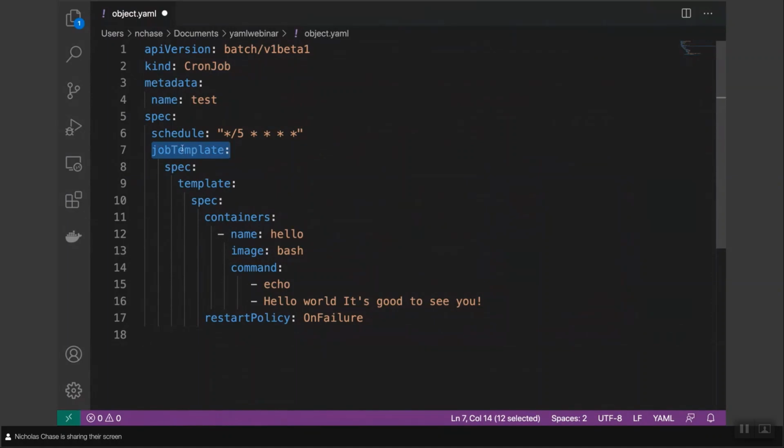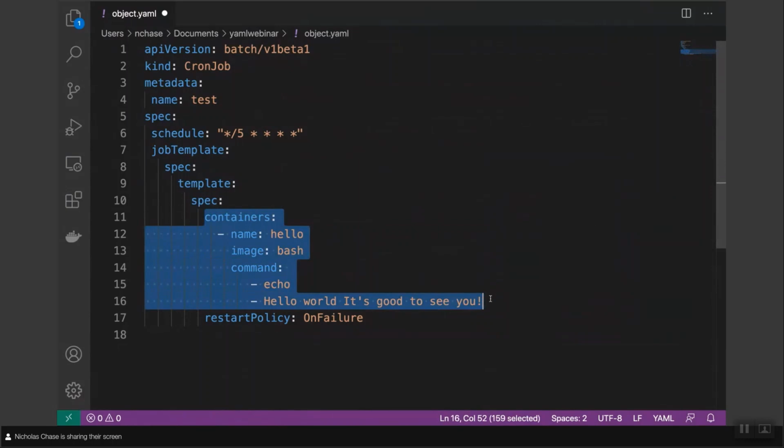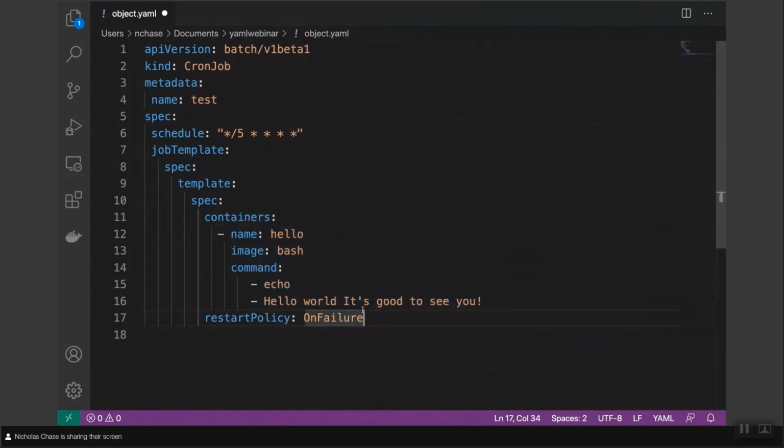which incorporates a job, and the job has a spec, and the spec incorporates a pod which has a template which has a spec. So it's a little bit of inception here, but finally you get down to the actual container, and here we're just giving a simple message out. So if I were to run it,